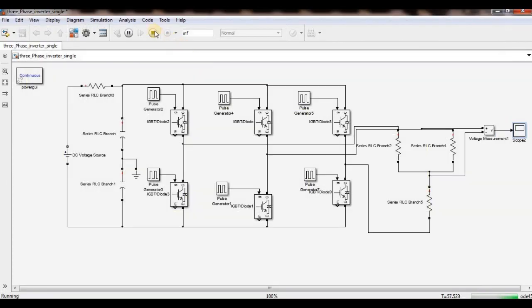So now I will make the line voltages. See, this is one line and this is another line. Now see, what will be the line voltage. Line voltages will be up to 300.